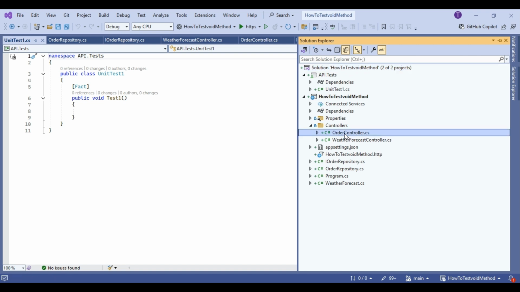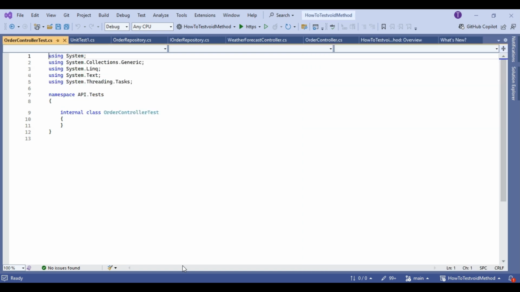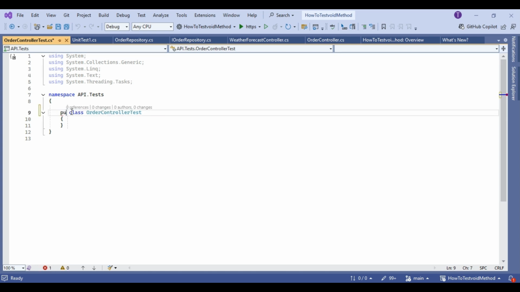So I'm going to take this name, just make sure that it is add new class, and we will give it the name order controller test. So we have created it, we will make it public,